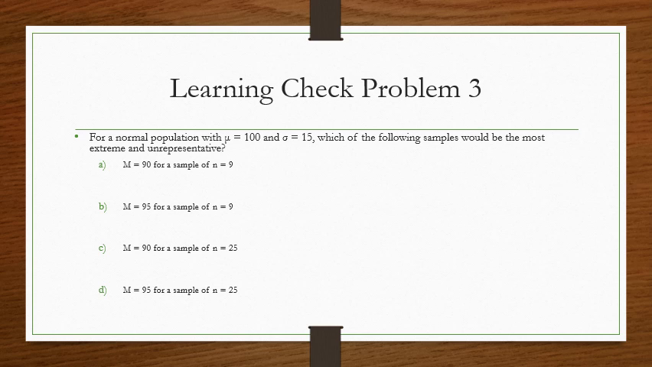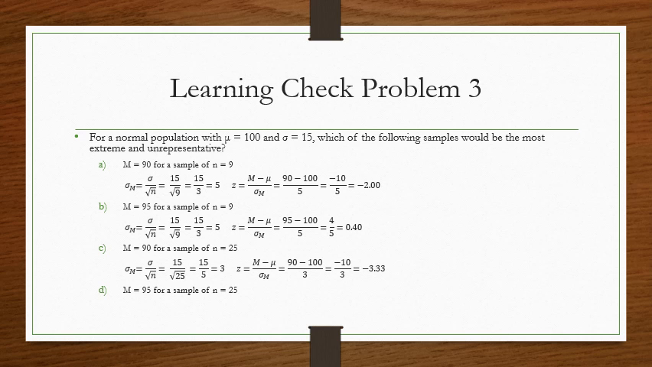Learning check problem 3. For a normal population with a mean of 100 and a standard deviation of 15, which of the following would be the most extreme and unrepresentative? Again, the most extreme is the same as problem 2. It's the one with the highest z-score. So let's calculate z-scores for every single one. Remember, the sign doesn't matter. What matters is the number. The biggest number is the one that's farthest away from the mean. So in this case, for C, I found a z-score of -3.33. That would be my